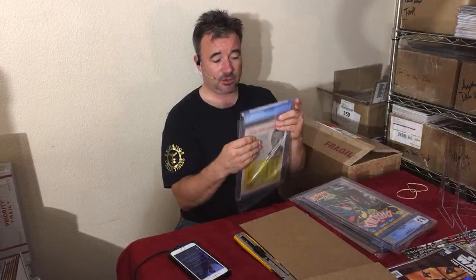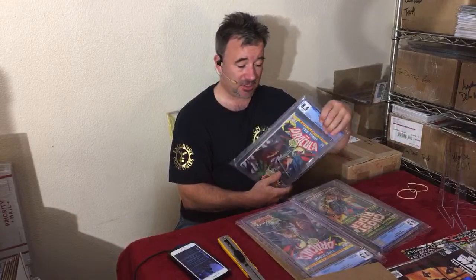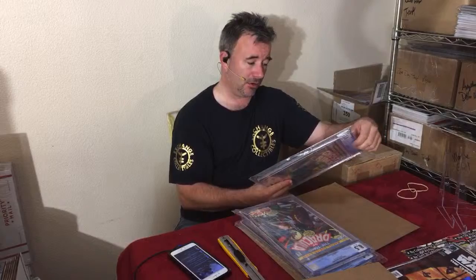But I still think that Tomb of Dracula is a good book to pick up if you can get it at a decent price. You're not getting it cheap, but as long as you don't overpay, wait 5 years, it's going to be a lot more expensive than it is now. So I was able to recover this a little bit, but shit,